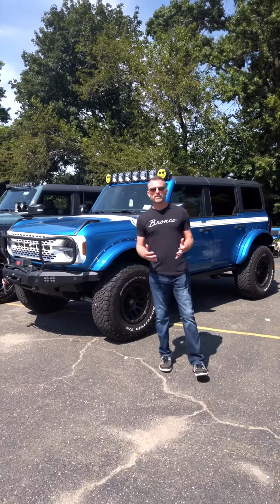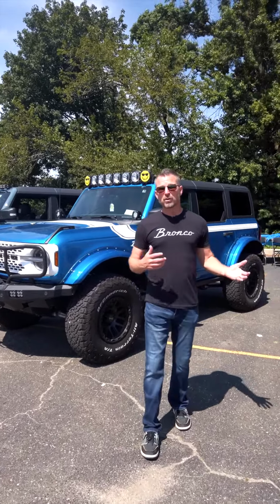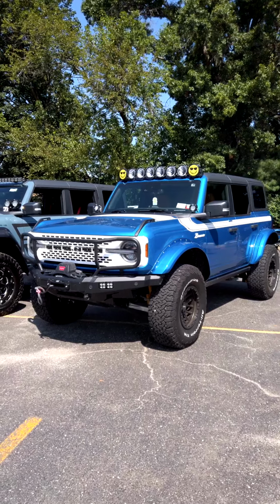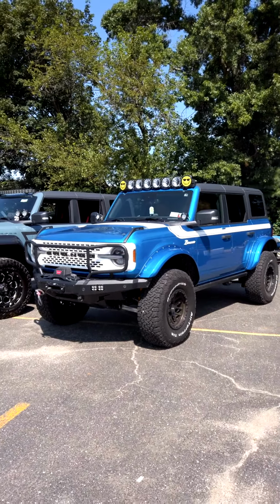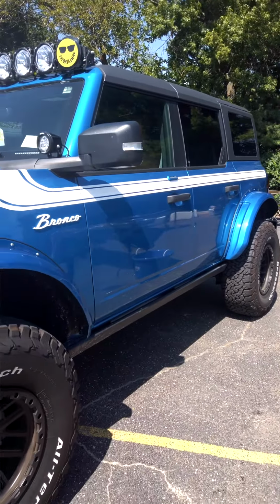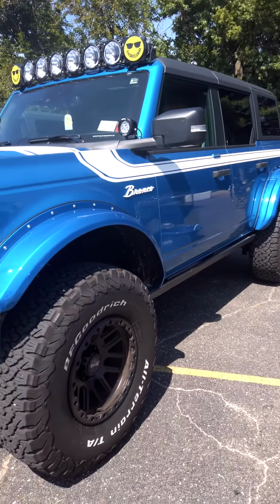You know, it's always awesome to see Broncos that we built a year or two or three ago, and we reacquaint with the Bronco and actually get to meet the customer for the first time. Matt brought his by. It was a Bronco that we built with Empire Ford a couple years back. He's been enjoying it, and he's made a few tweaks of his own to kind of personalize it, which is